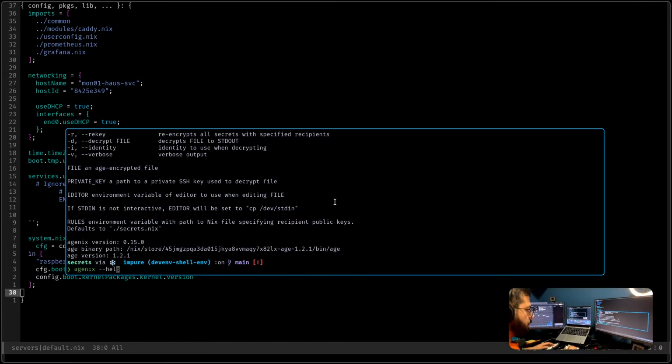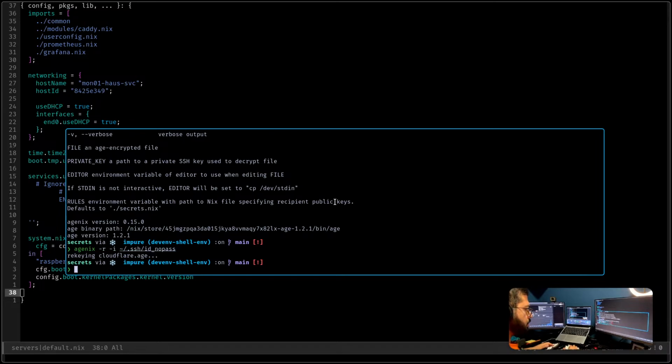So I can do nix rage -r -i. Oh, that's why. This identity is not my default identity, and it's not installed as a list. Okay, this way it works.